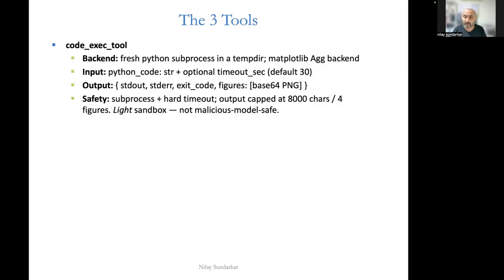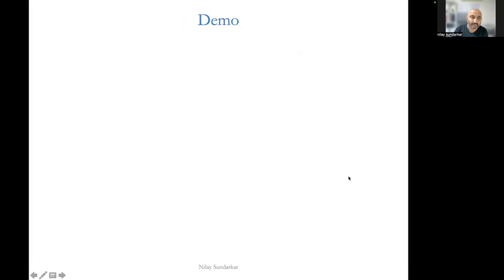All three tools have the same contract. Every tool returns a Python dictionary with ok set to true, or ok set to false plus a structured error. The model treats errors just as another result, which means retry and fallback behavior comes for free. There is no special case logic in the agent loop for handling tool failures. That uniformity is the most important design decision on this slide.